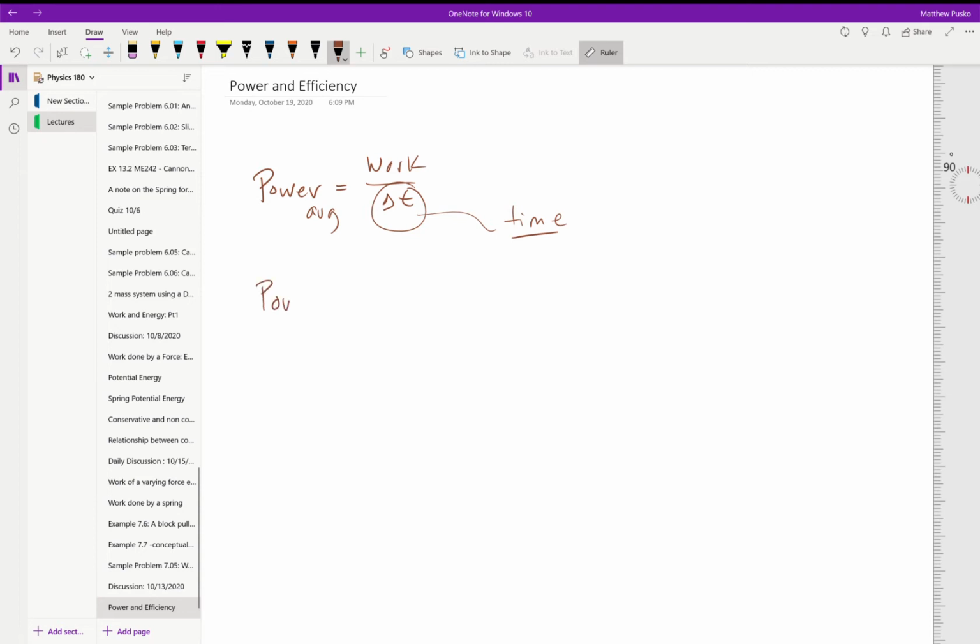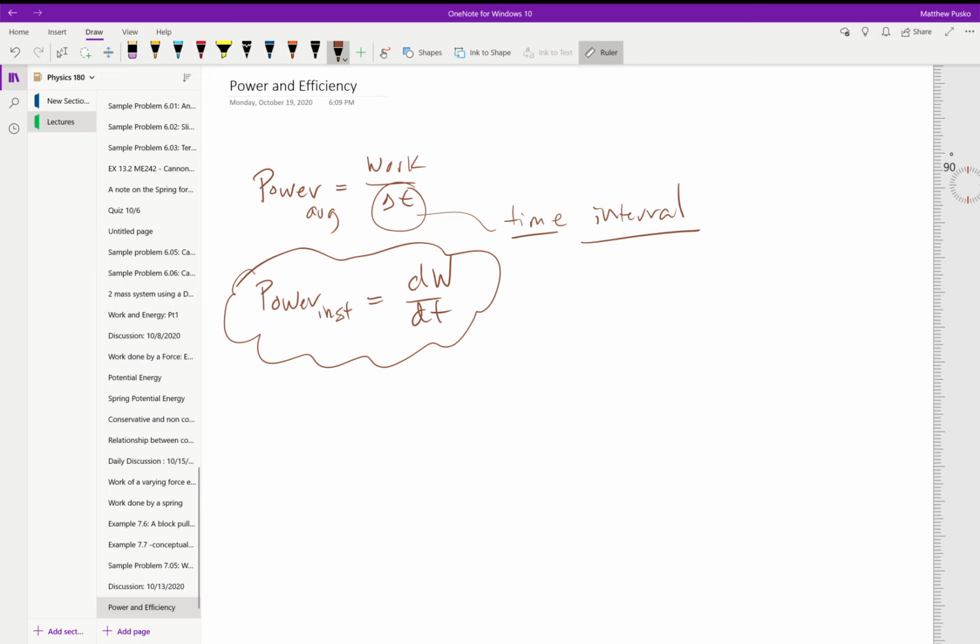Often more valuable would be the instantaneous power, and so if we had the work and took the time derivative, we get an instantaneous definition. So it just depends what kind of information we're given, which one we'd use. If we were given a time interval, then we would use the one on top. If we were evaluating it at some specific point, then we would use the instantaneous. Okay,